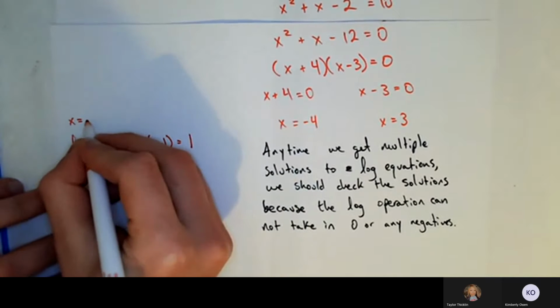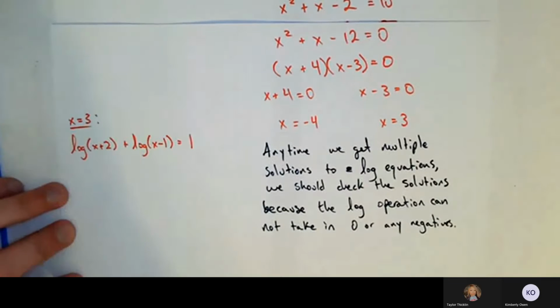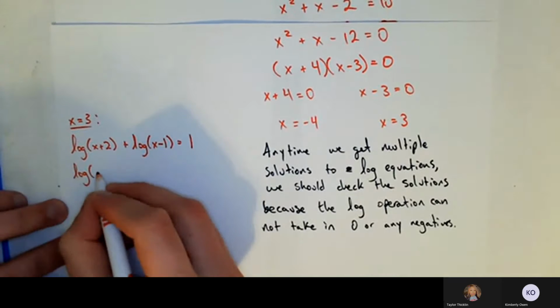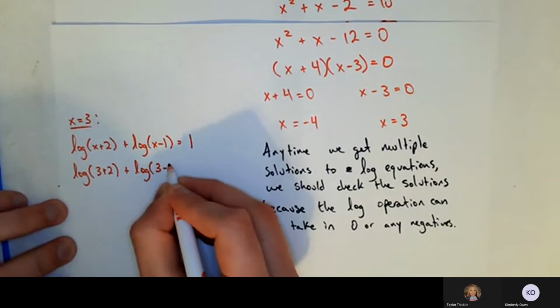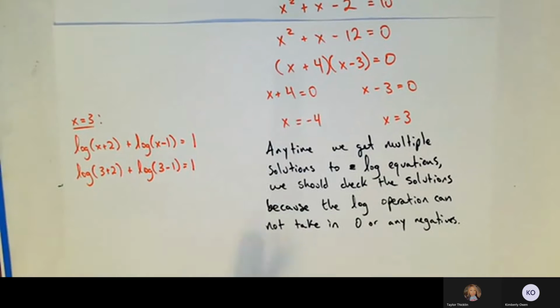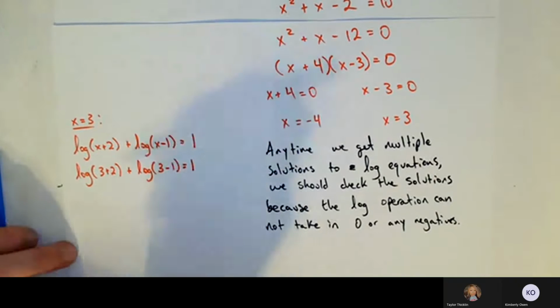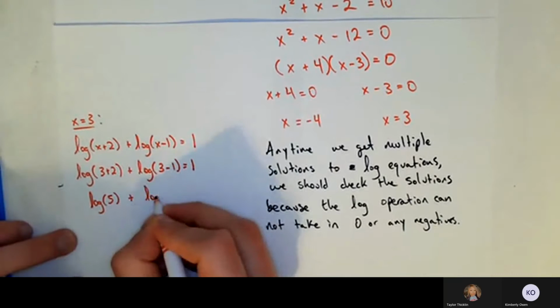Let's check x equals 3. Let's check this one. So literally plug in 3. Log of 3 plus 2 plus log of... So I'm not so much checking to make sure my answer is correct here. I'm more so checking to make sure I don't get any domain error inside the log. Like, I don't want to see a 0 or any negatives in here once I do this little arithmetic. Now, as a byproduct, I'm also going to be able to just go ahead and check if my answer is right,